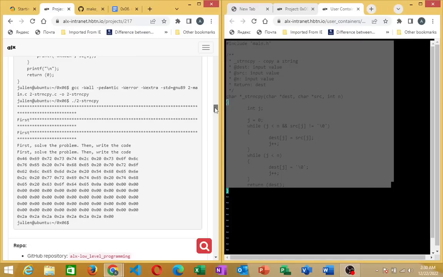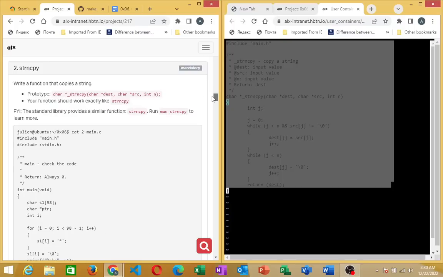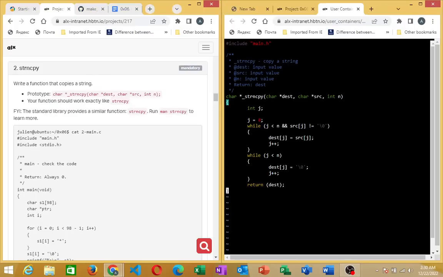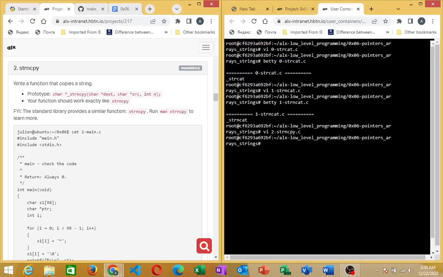So as a function that does what? That copies a string. Okay, so you are going to put that into your file. Right, once you are done, you are going to press escape and type :wq, and you get out of VI. You save and quit. So you go ahead and do your Betty